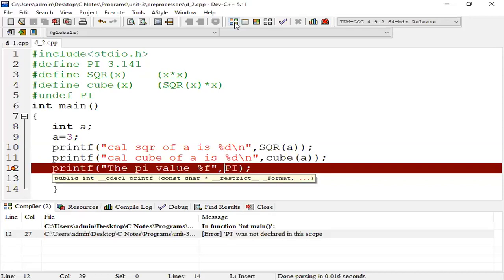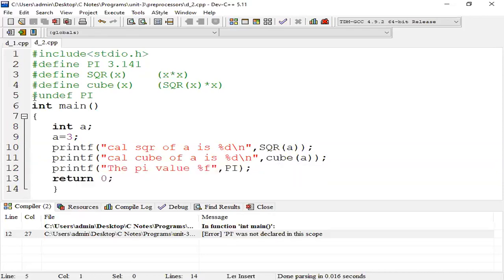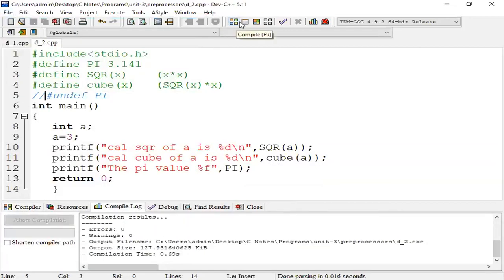If you delete that undef, then only we will get the answer 3.141. Not only PI, for any macro you define, you can also undefine it, and then it will not affect the program. So that is undefining, and in that way we can finish that method.